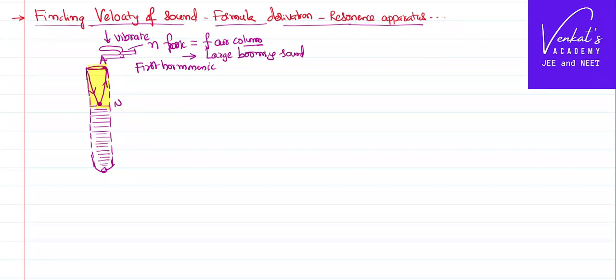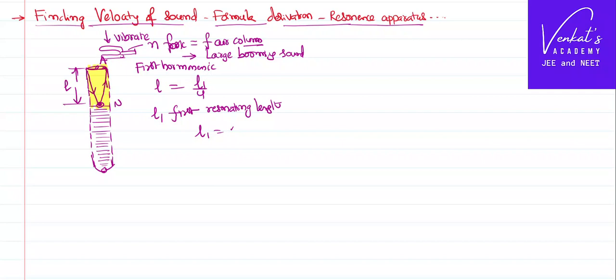In that case, I can write the length of the air column. This is the air column, L, the distance between a node and an antinode. You know, between node and node it is lambda by 2, node and antinode lambda by 4. I'll call that resonating length L1, the first resonating length. That's the least possible resonance that can happen here. So at resonance, when the frequency of the fork equals the frequency of the air column, a large booming sound happens. The first resonating length L1 is equal to,